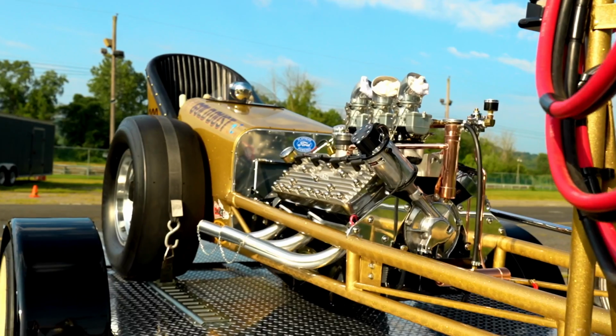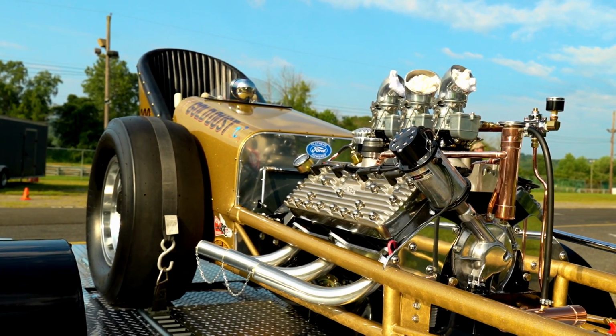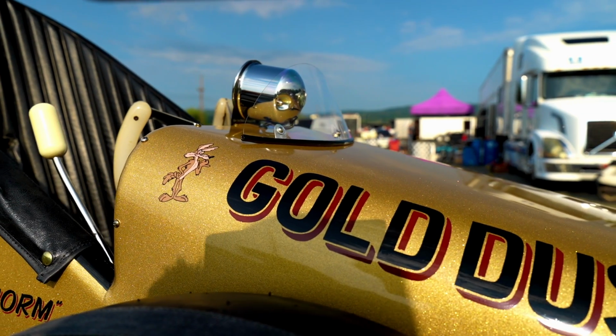My dad took it in trade in the early 80s for something, I forget what, an old car. So I asked him if I could take it to the racetrack one day. I never drag raced before. And he said, take it, just be careful. So I took it, and all these years later,